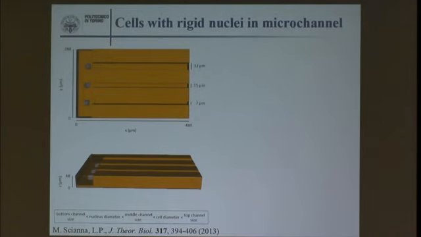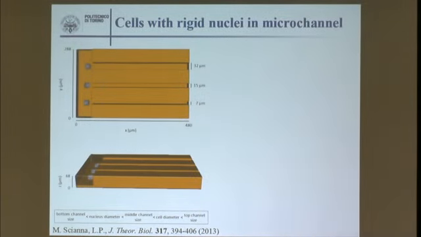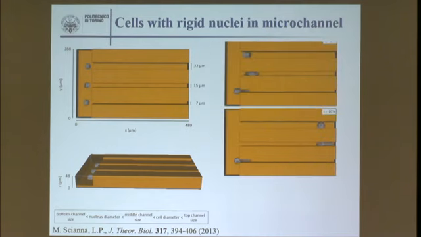So this is what we did. Then again, with the cellular Potts model, we tried to work in a microchannel setup by having three channels. One is larger than the typical cell dimension. One is larger than the nucleus dimension but smaller than the cell dimension, and one is smaller than the nucleus dimension. And we see how the cell moves by chemotaxis in this direction. So we added a chemotactic term,